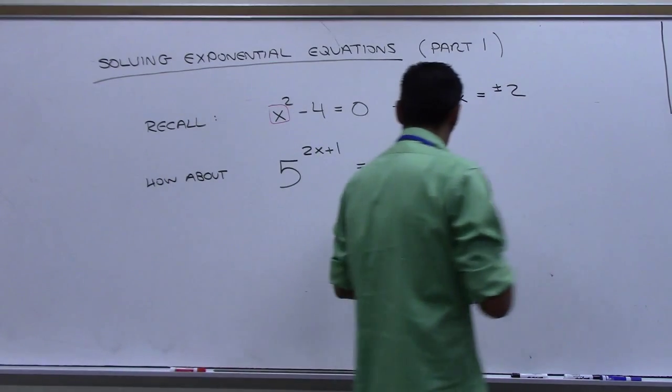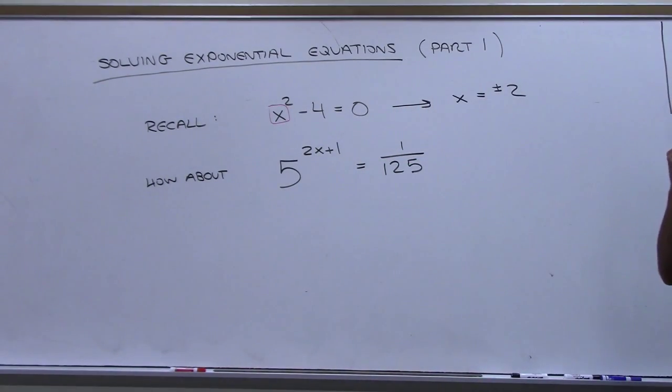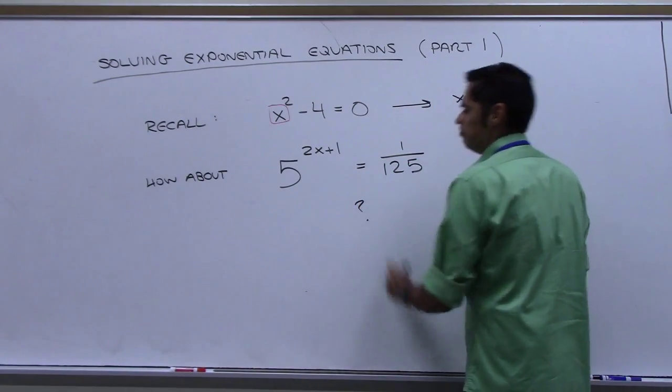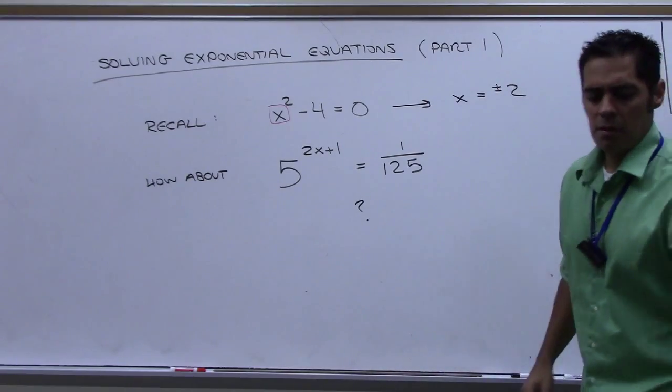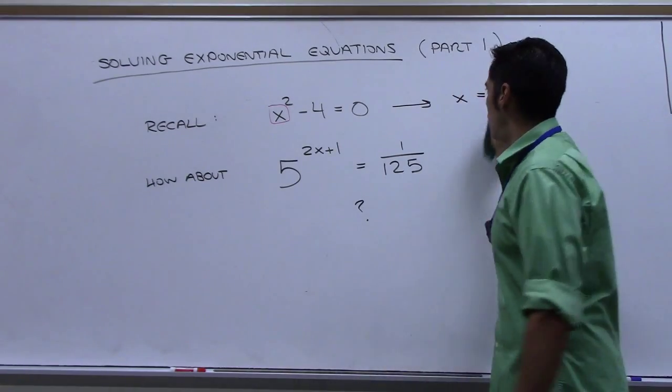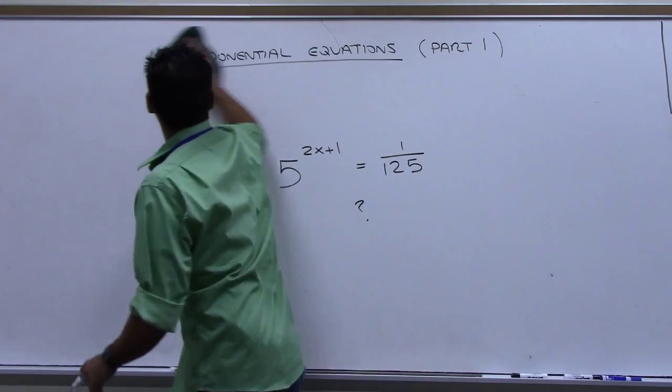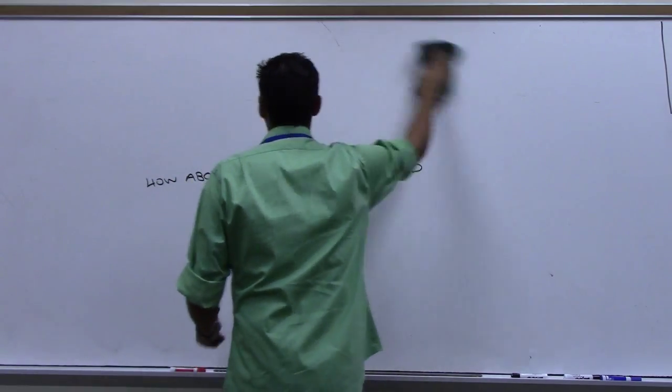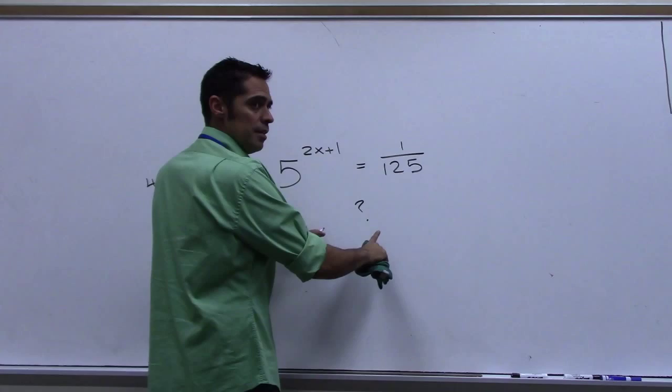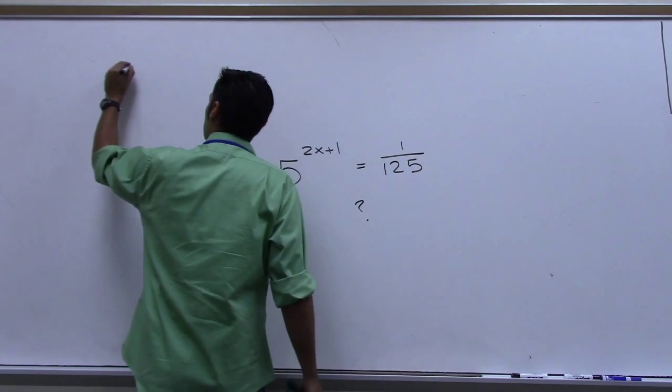Maybe what we do for now is we say we'll come back to it. Let me give you an easier one, because that one's a little hard. How about this one? Solve